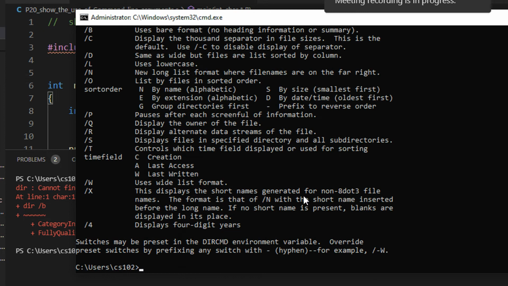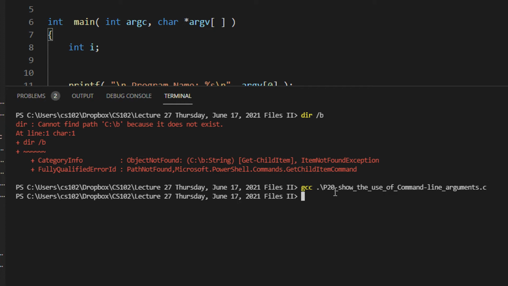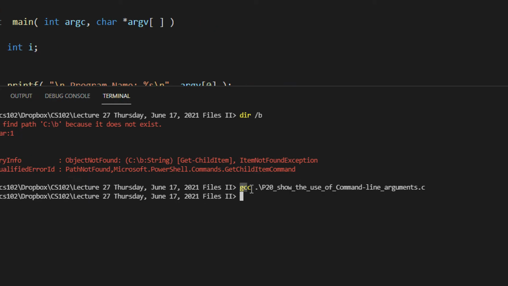For example, when you compile your program like GCC, and let me just do here GCC p20 dot c, right? So basically what is happening here, GCC is the compiler, right? GNU-C compiler, that is GCC, and this is the program name that you are compiling, right?